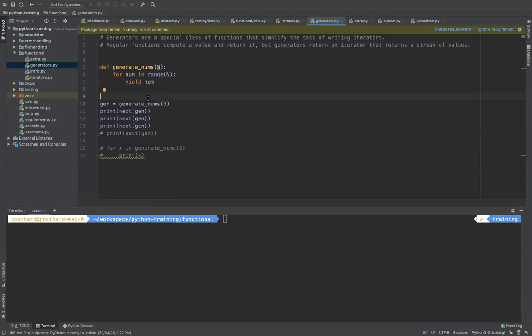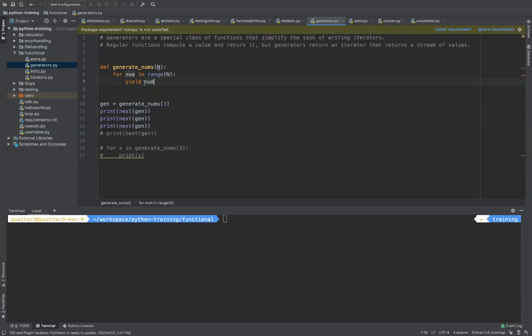If you remember, in a function, if you have a return, immediately the function execution stops and it returns the value, and it kills all the variables which were there previously in the function. But in the generator, keep in mind that it maintains the history of the last time it was called. So it keeps those values instead of returning. For example, when I call generate_nums and pass 3, the first time the value of num is 0, because range of n starts from 0 till 3.